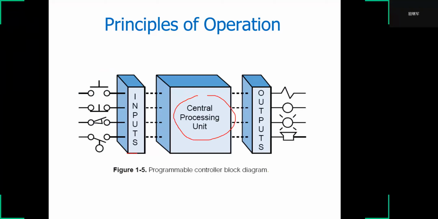When the PLC is running, the central processing unit executes the program time by time, starting from the beginning. First,